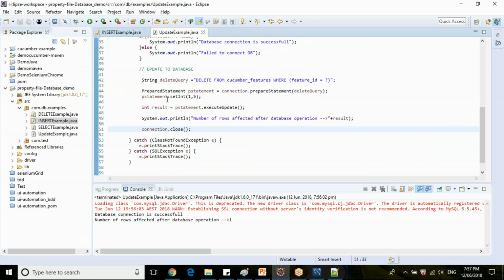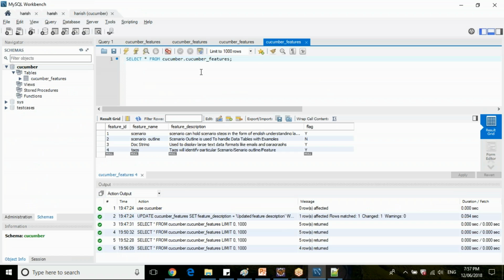This is how you will handle CRUD operations from Java code to your MySQL database or Oracle database, whatever it is. There will be no major SQL query syntax changes between MySQL and Oracle, guys. Almost 80 to 90% of queries are the same. Only a few data types and variables will change. Okay.